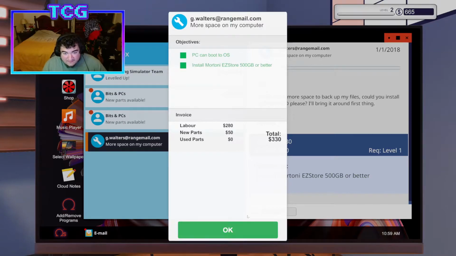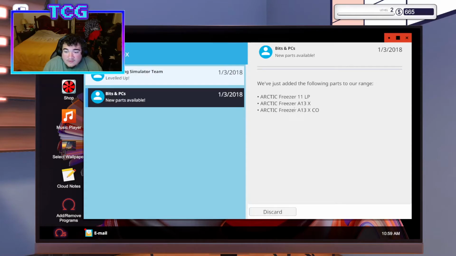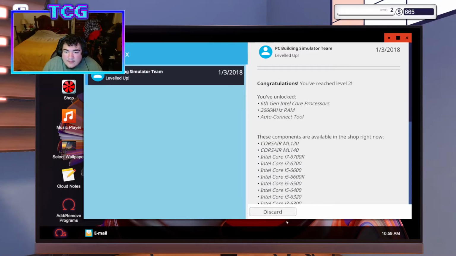That's great for only spending $50. That's awesome. All right, so we got some new parts. We got a 1050 Ti from Zotac. That's pretty cool. We got ourselves a bunch of Arctic freezers, which are really nice coolers, by the way. They're bulky, but they're pretty good. And we got 6th gen Intel Core processors. We got some faster RAM, and we have the ability to now buy the Auto Connect tool, which is not